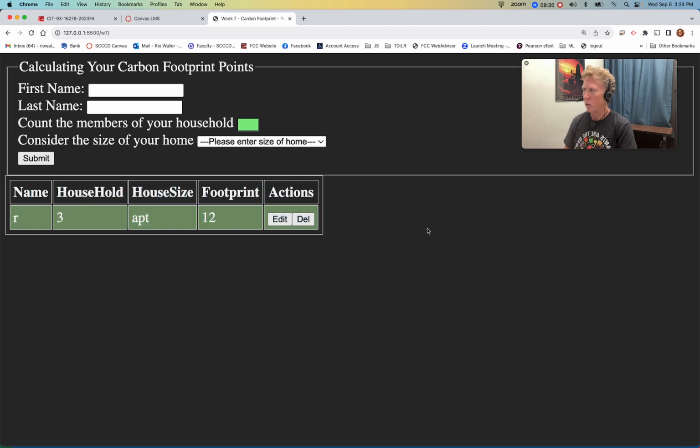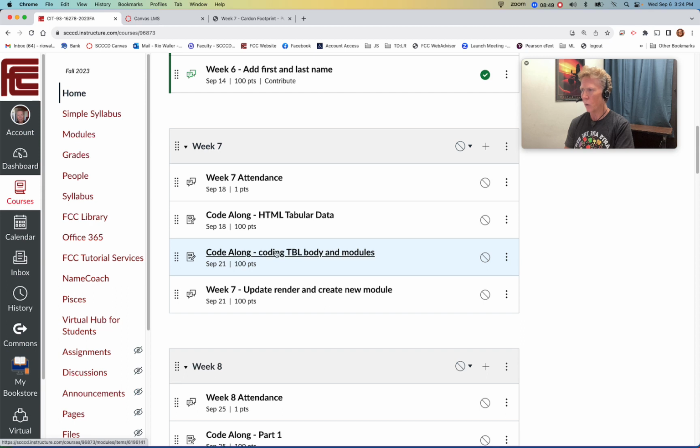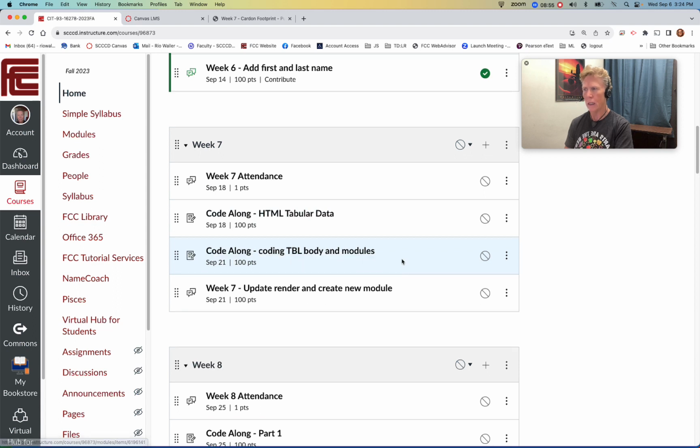Very common thing to do, and it really starts to hopefully get you used to the idea that you're creating the DOM, the output of this, dynamically versus hard coding it. So you'll get that experience this week, and then we're going to code the heading in this one, and then we'll code the body, and then at the end of that we'll actually get the exposure to the modules,